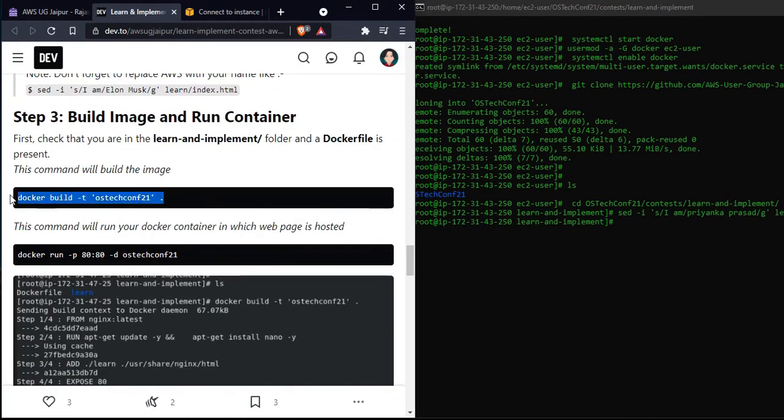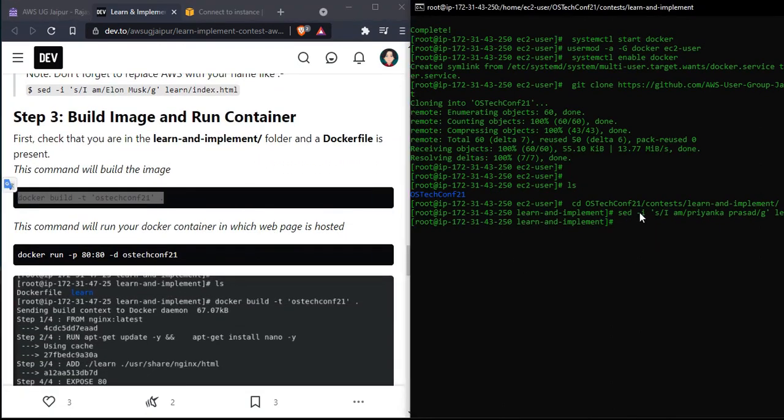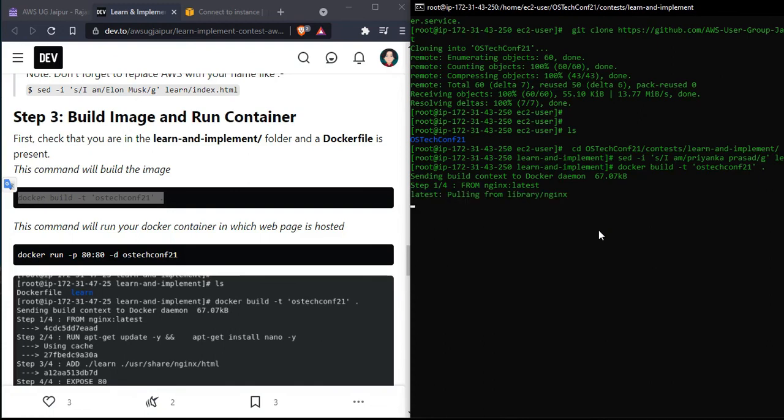Now you need to build your Docker file. Make sure you are in this directory only, learn and implement. This will build that Docker file which is present over here in this directory.